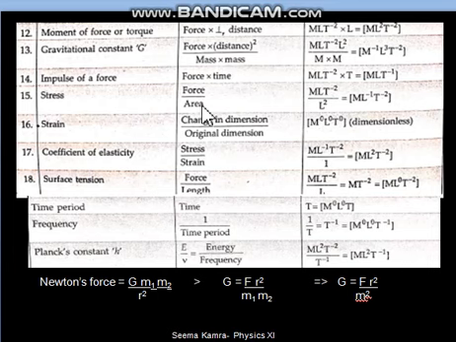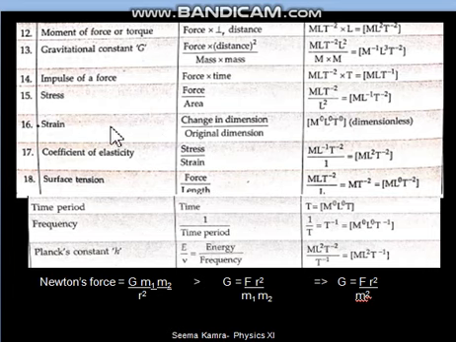And pressure formula was also force upon area only, but there is difference between pressure and stress. One is the internal force and one is the external force upon area. So this difference we'll understand in unit number 7. So in this unit we are only focused on the formulas of the quantities so that we can make their dimensional formulas.